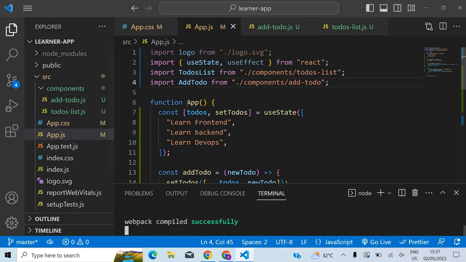So this is the root of our app, the base component. From this, everything else will be included. So what does Webpack do? It will come to this file first, and it sees that there's this component, and it will look at these lines here. So it will know that this app component depends upon these components as well: this logo, useState and useEffect, the to-do list component, and likewise the add to-do component. So it will add these files or components to the final bundle. And when it goes to this file,